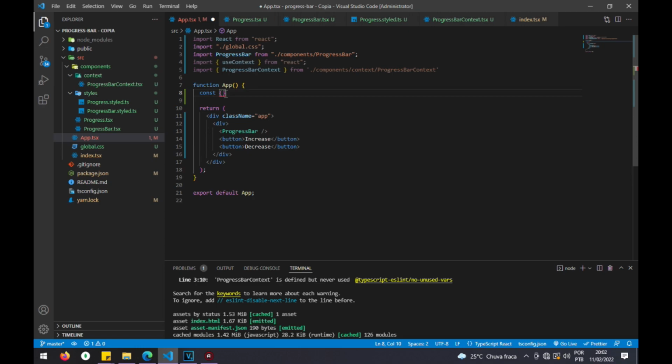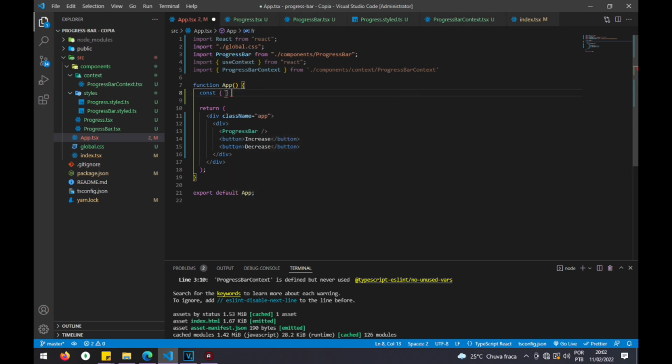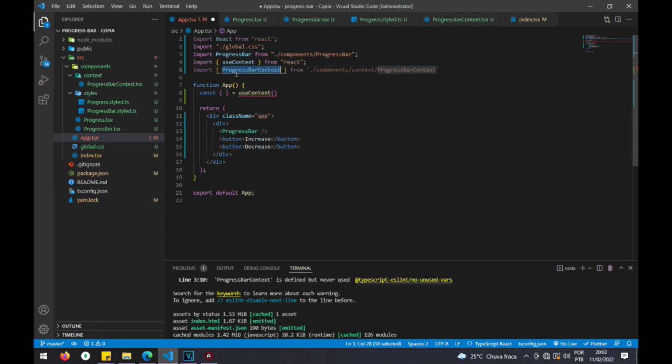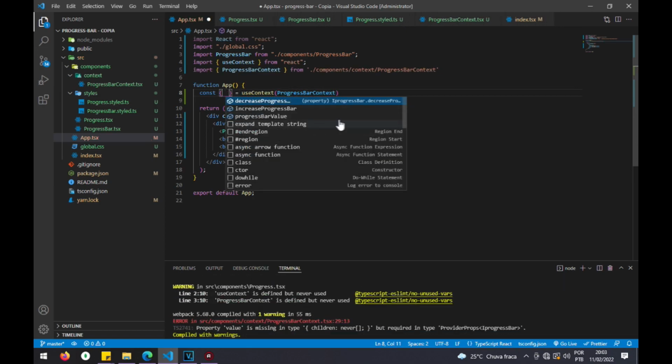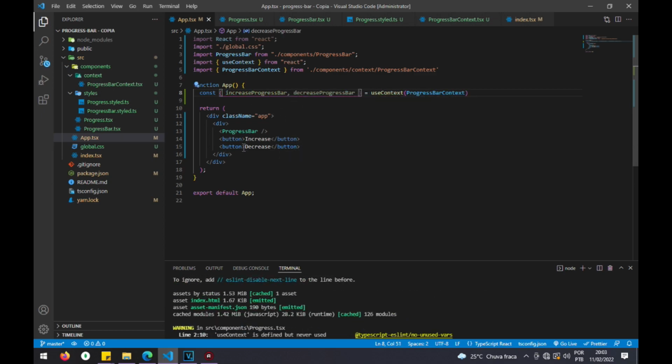Now we can destructure this object. All right, so now we can import increase and decrease. Let's use that. Wait. On click,